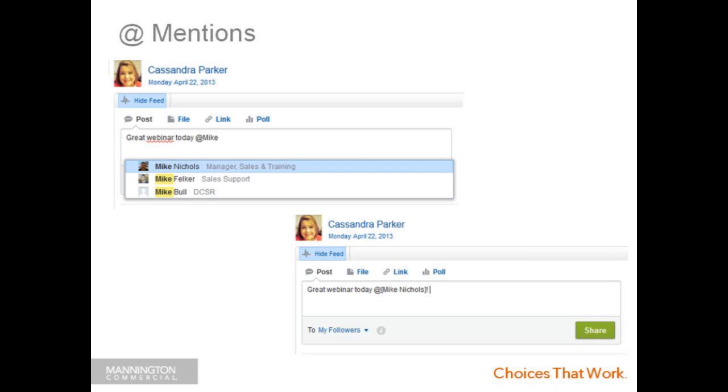So once I start to type in Mike, I'm going to get a list of people named Mike pop up. I simply click on Mike Nichols, and in the bottom right of the screen you'll see that it's taken Mike's name after the @ symbol and placed it within brackets. That means that Mike is going to be notified with an email and a tag that he's been mentioned in